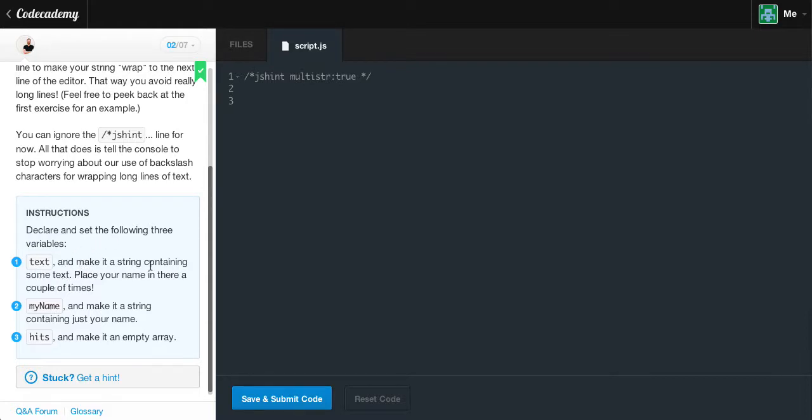So what it wants us to do is declare the following 3 variables. Text, and make it a string containing some text. Place your name in there a couple of times. So if we were to go ahead and create a var and name it text, make sure to have it lowercase, and we want to make it equal to some kind of a string, and let's just say